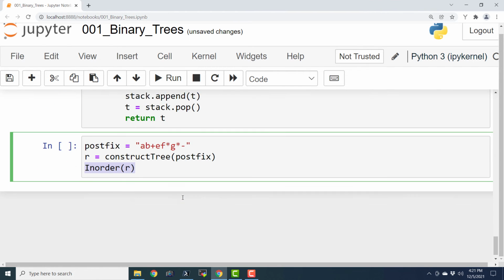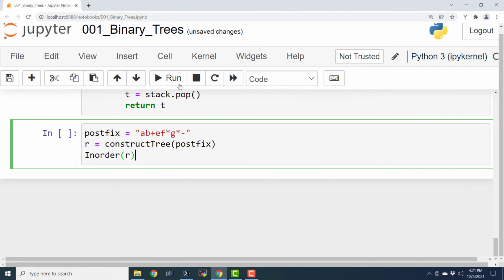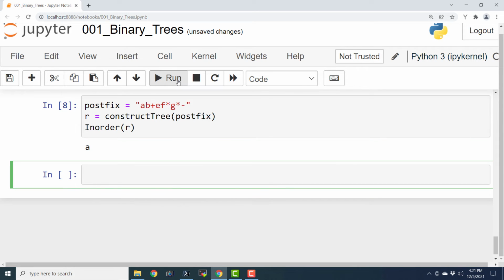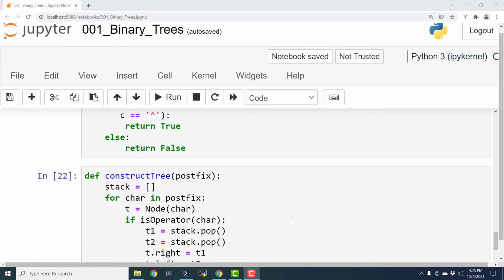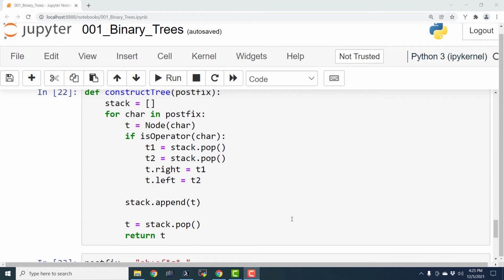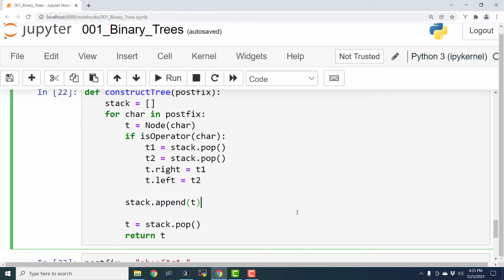Okay, so let us go ahead, let us cross the fingers and let's execute it. And this is the output. So I guess there is some problem. So let me go ahead and debug the problem. So, okay, I have debugged the error. The thing is that there was some logical error in the code that I had written. So this entire code is correct. There is no problem with the code. The only thing is that I had made a mistake with the indentation.